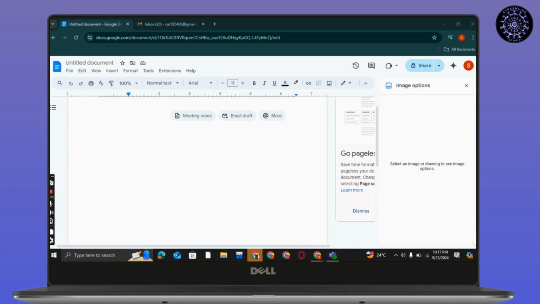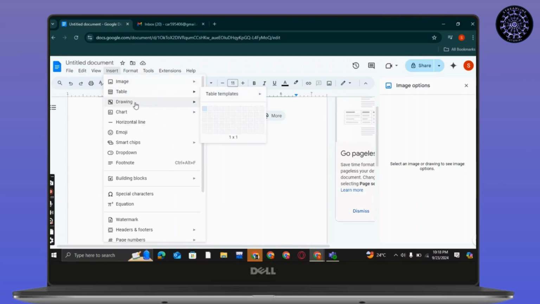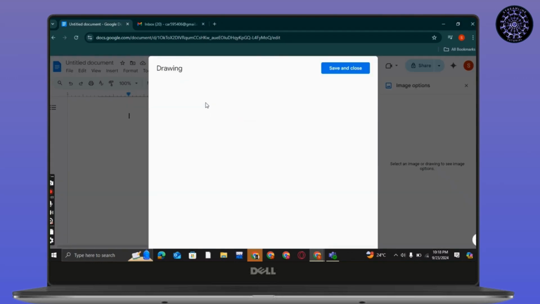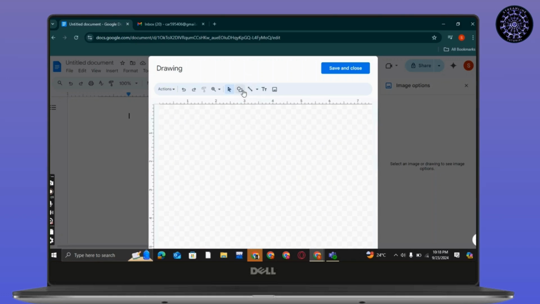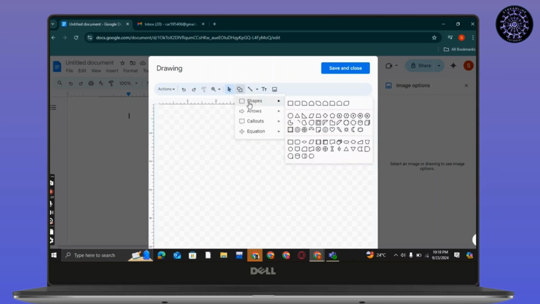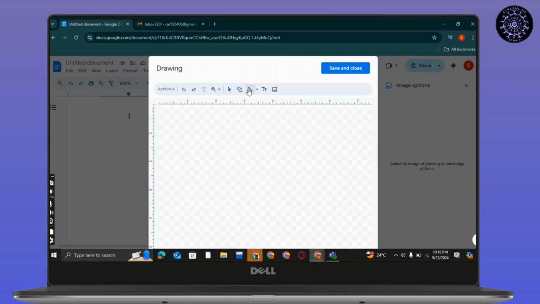So making a vertical line in Google Docs is very simple. All you have to do is use this drawing app. To do so, go to Insert, go to Drawing, go to New. Here you will see shapes, go there, or go to Line and simply create a